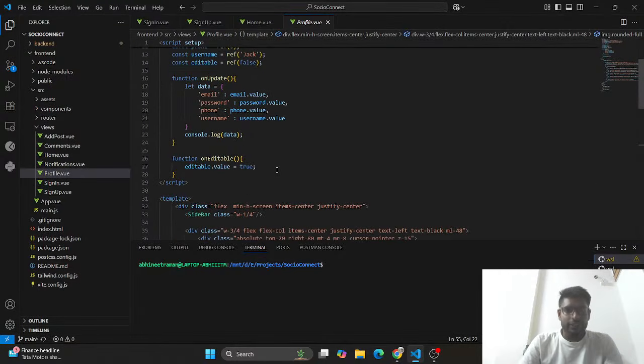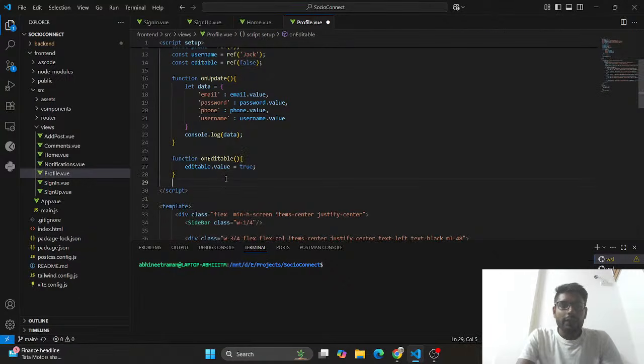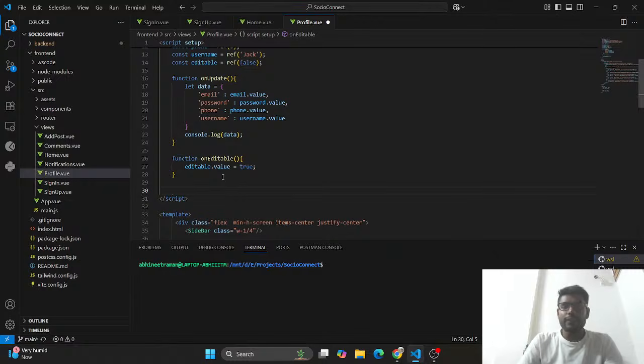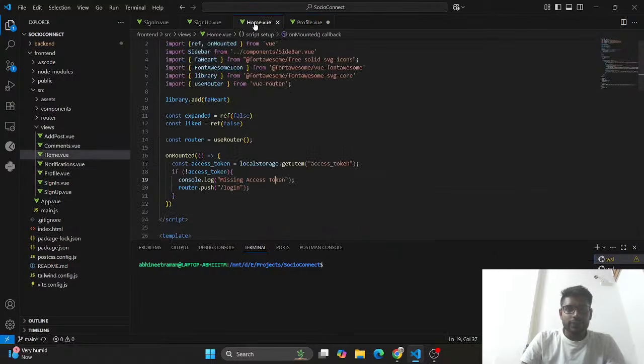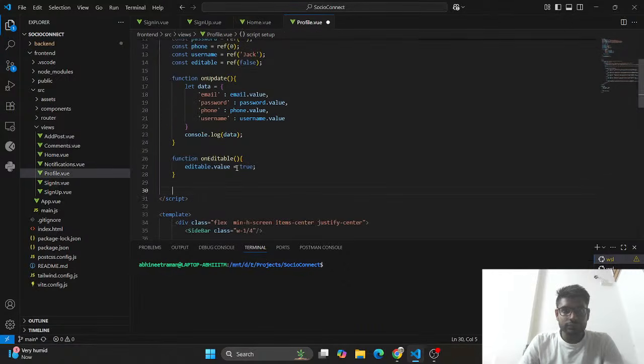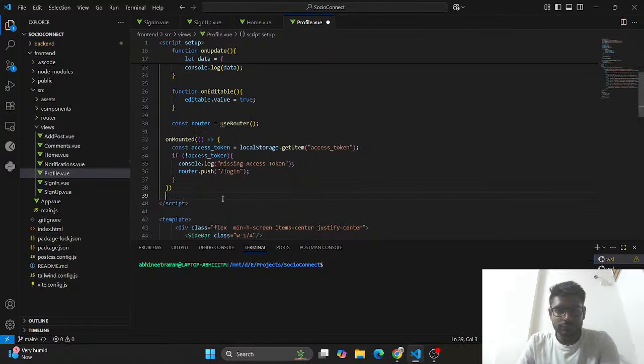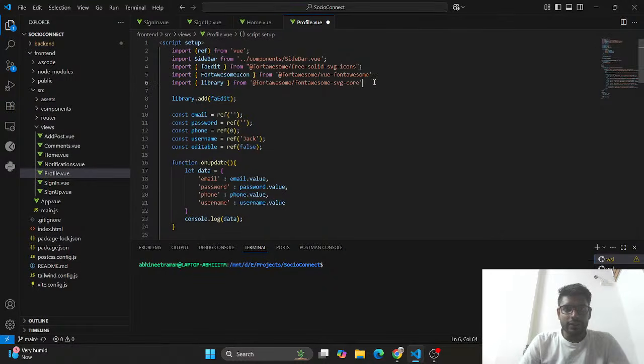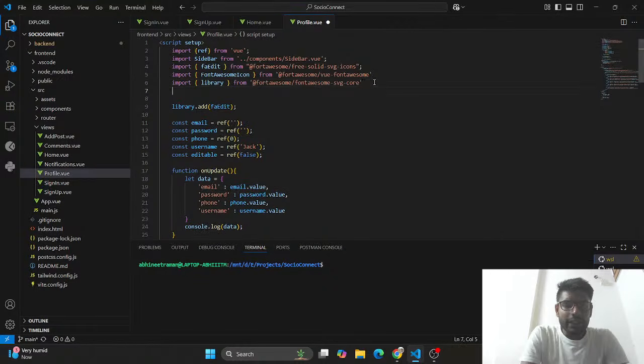So in profile, there are two tasks we need to do. One is we have to bring the data from the back end APIs. And second is update the data whenever that requires. So for that we will use this onMounted function. And if that is the case, what we require, we need to import